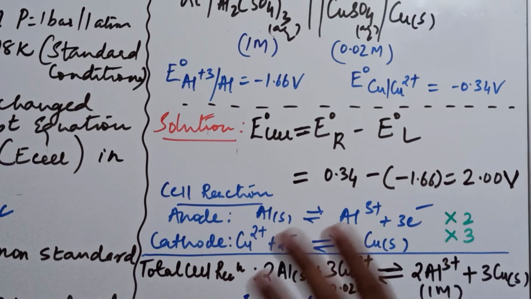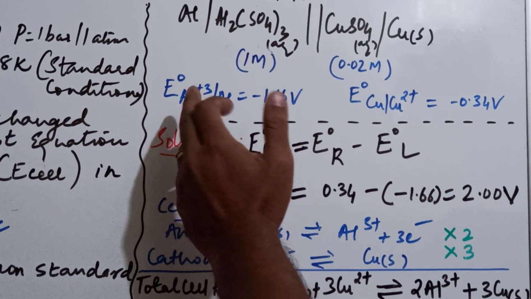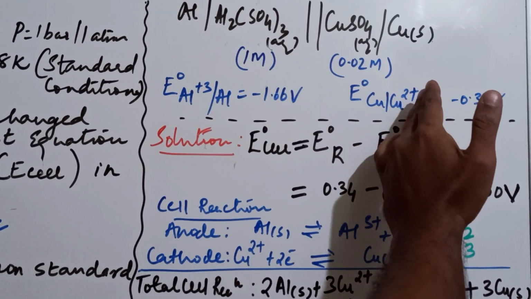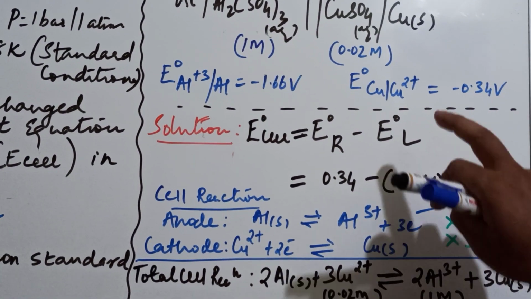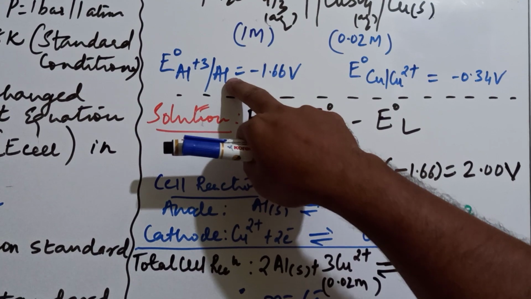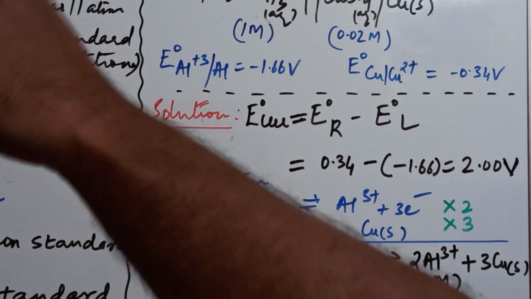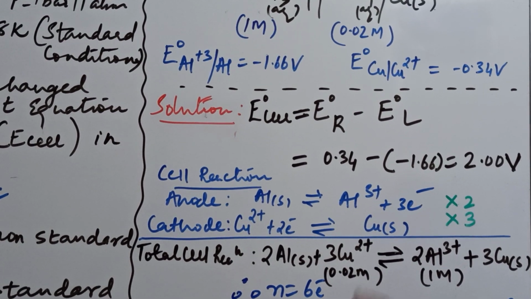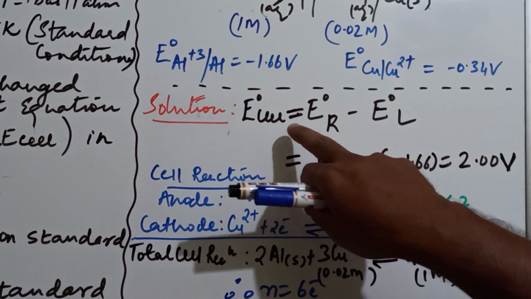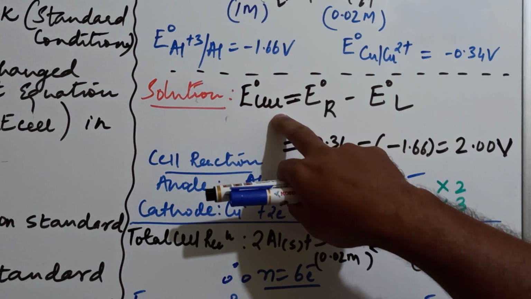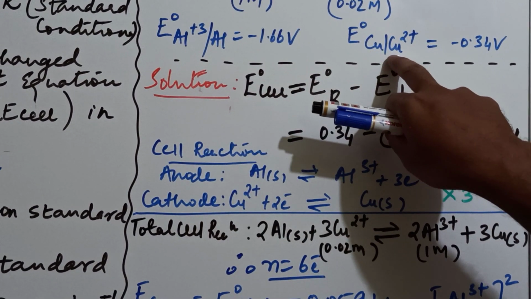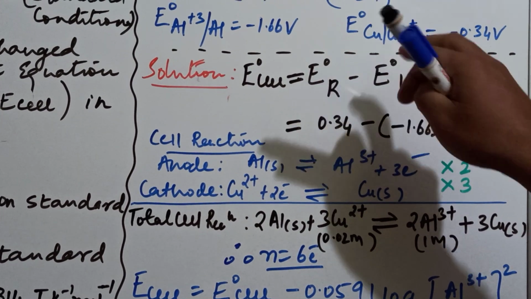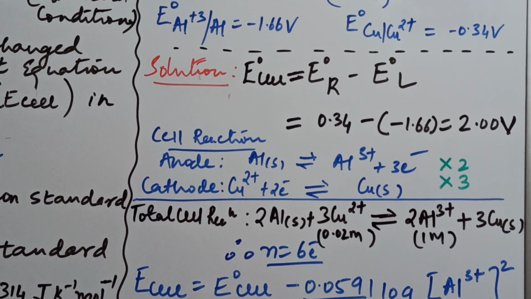But you need to understand that this is a reduction potential because it is aluminum ion giving aluminum solid, while here it is copper solid giving copper 2 plus ion. So this has to be the oxidation potential and this is the reduction potential actually. And whatever is given in our book, that table 3.1, is all about reduction potential values. So here, when we calculate E0 cell, that is the standard cell potential, you need to convert it into Cu 2 plus / Cu. That means it will become like this.